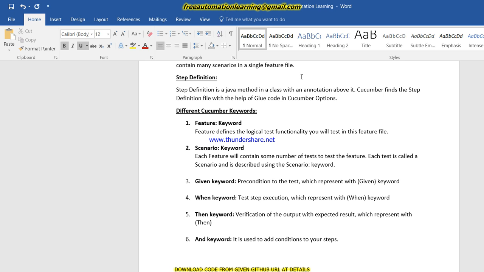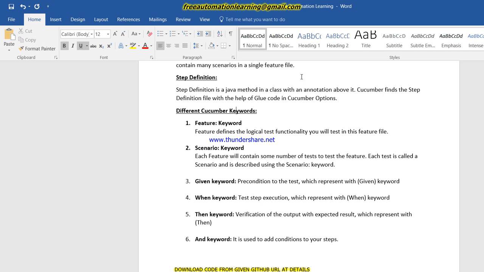In a feature file there would be some scenarios, one scenario or many scenarios. It depends upon the functionality of the application which we are going to test. So we can write a scenario in a feature file.